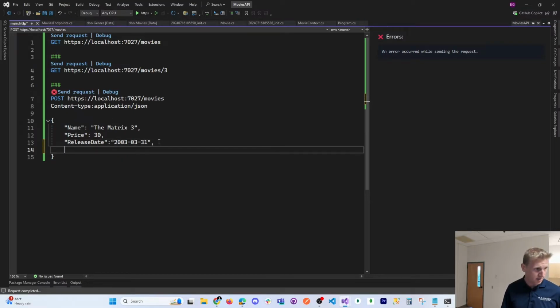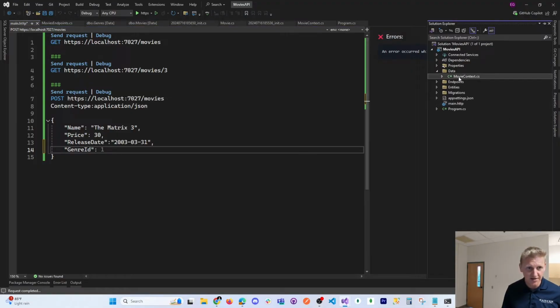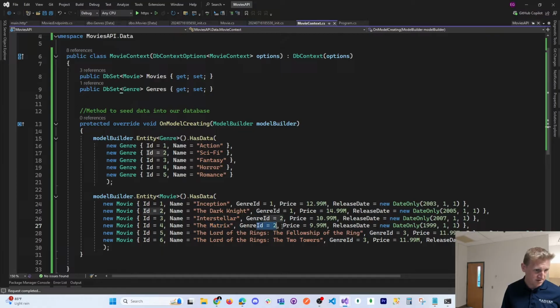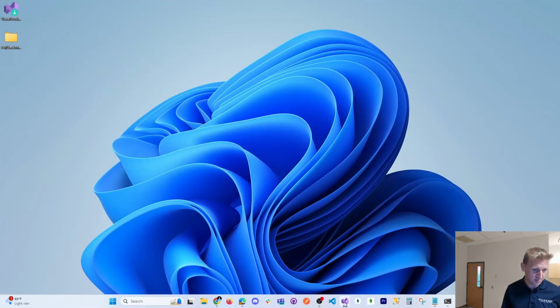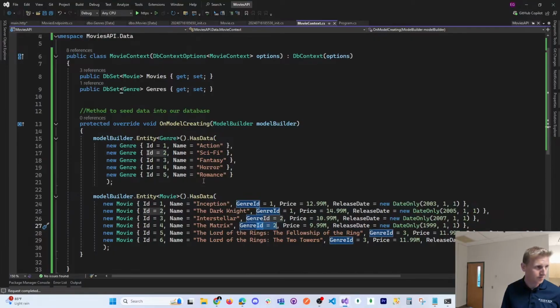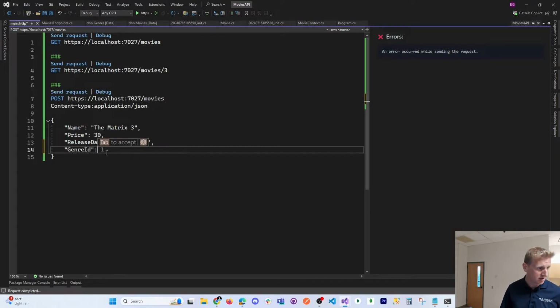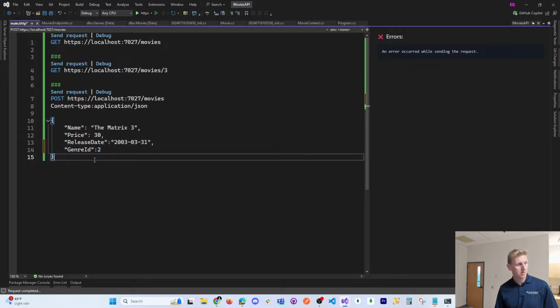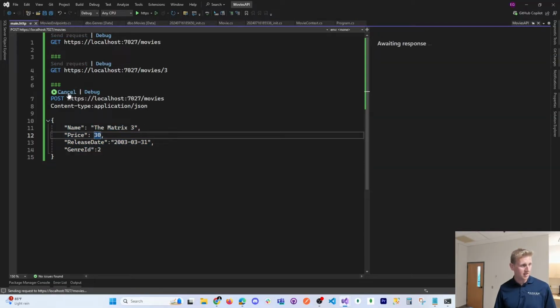Let's do comma genre ID colon and action. Let me go back to my seed data. We said that the matrix is a genre ID of 2. So let's go back here. Genre ID of a 2. And if I Control S save and send that request again,